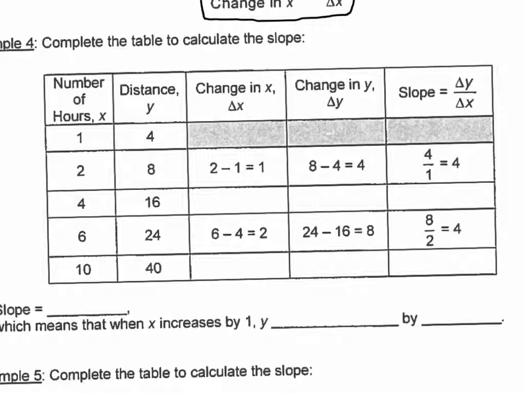Now, if this truly is a linear function, then our change in y over change in x, our slope, should stay the same no matter which set of data we choose. Kind of like on the graph. It didn't matter which points you chose on the graph. We were able to find the exact same slope no matter what. So if we do this on the next level,